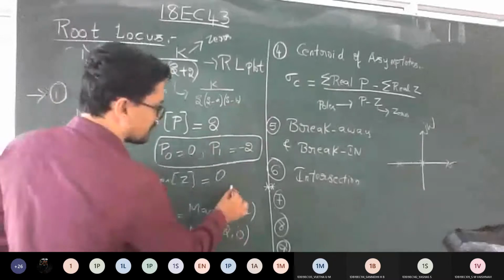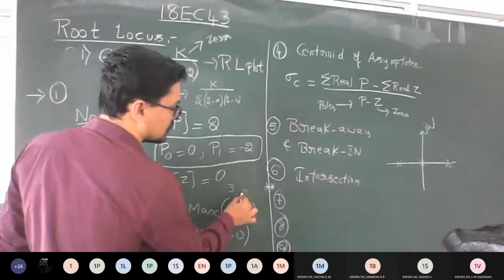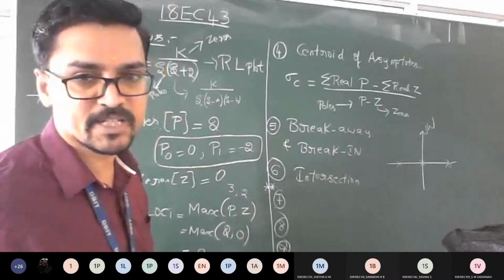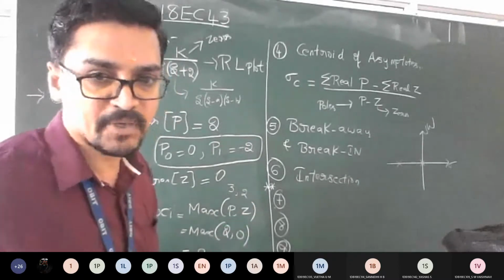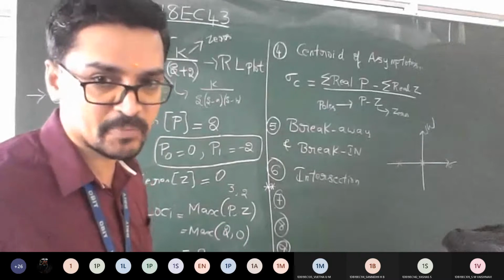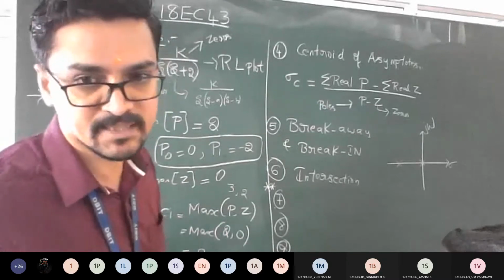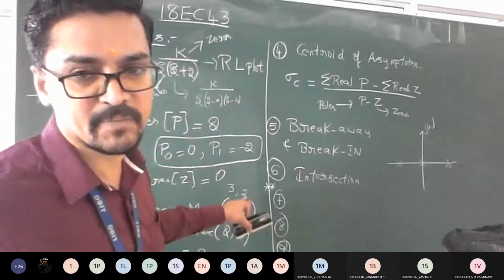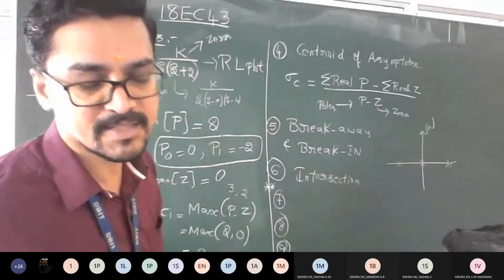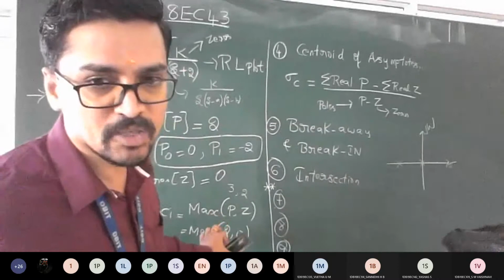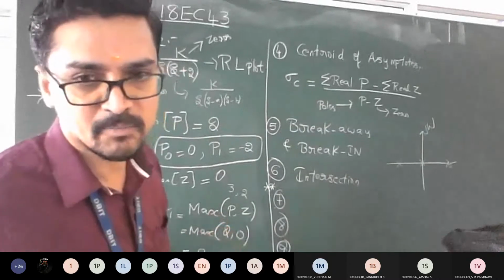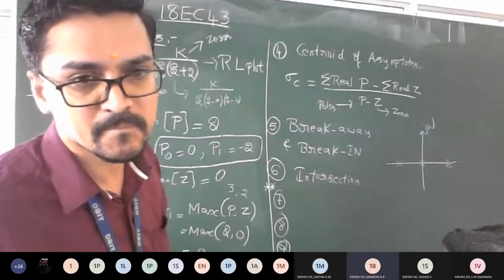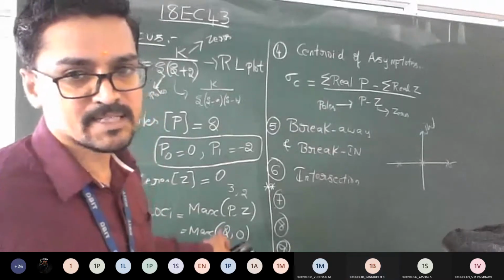For example, assume that you have 3 poles and 2 zeros. So out of which is a maximum? It means priority should be given to which, whether you have to give priority to poles or to zeros. Understood? So in this example, 3 comma 2, priority will be given to poles. Is it clear? It means your root loci will be on poles. Is it okay? Yes, sir. So this is your step number 1.